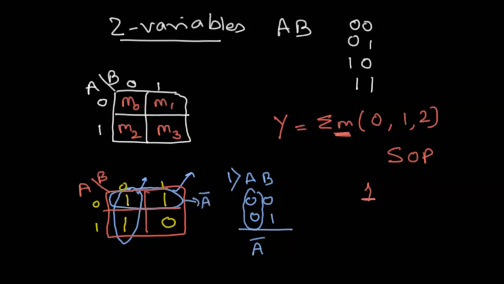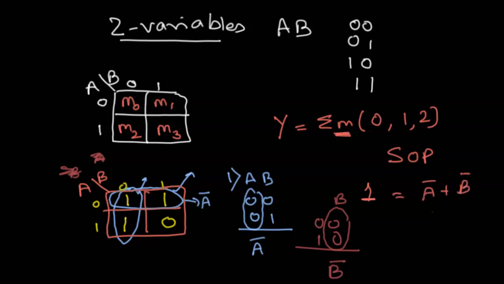Now moving to the second grouping, we have 0 0 and 1 0. What we need to be very careful about here is that we follow A and B. You can always switch which variable is written where, but you need to be very careful when forming the grouping. So for now, we'll just follow the common nomenclature A and B. We have 0 0 and 1 0. What's common here is this part, which stands for B, so we have B bar. So our simplified version of this expression with terms 0, 1 and 2 is A bar plus B bar. This is the most simplified output of my Boolean expression when the terms given are 0, 1 and 2.